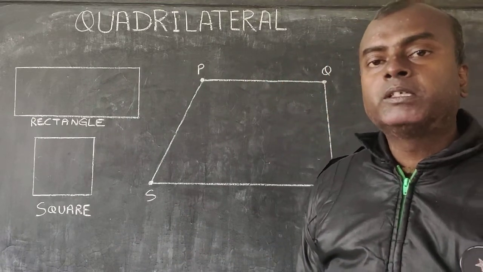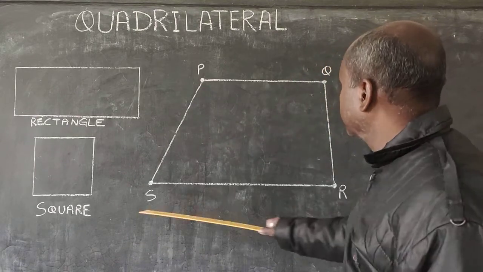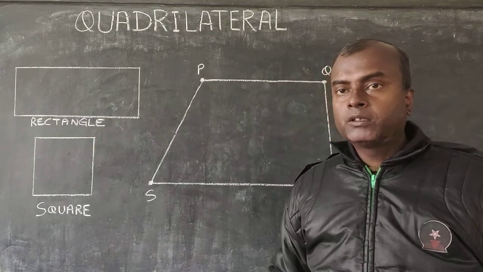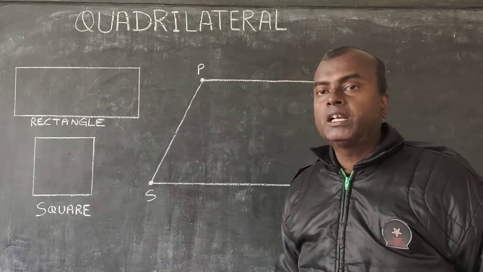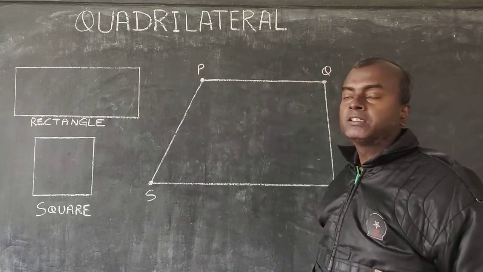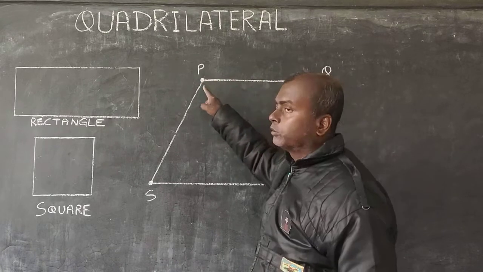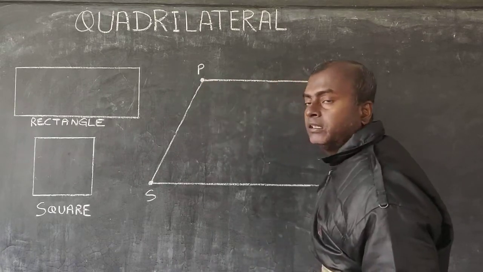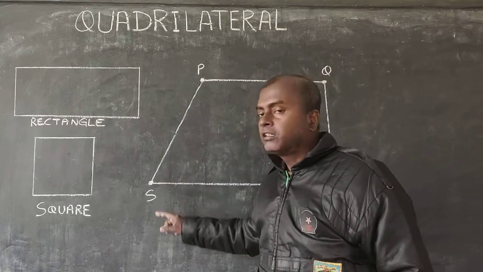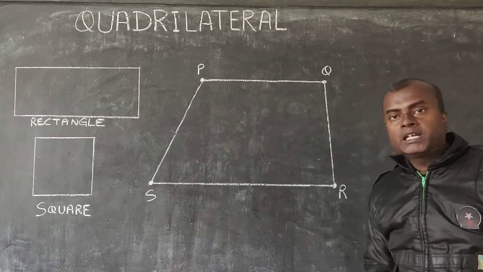Quadrilaterals are those geometrical plane figures consisting of 4 sides, and these 4 sides are not all in one straight line. They are all in 4 different straight lines. See, from P till Q, these are the points I have drawn. From P till Q is one straight line. From Q till R is another straight line, from R till S is another straight line, and from P to S is another straight line. So there are 4 straight lines,